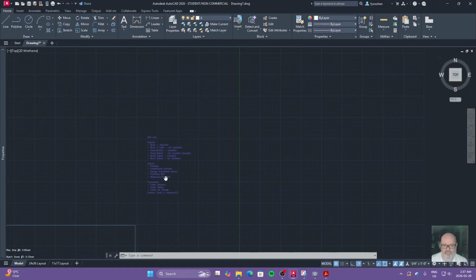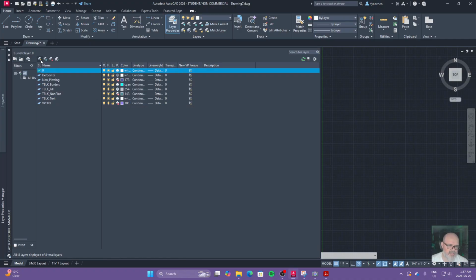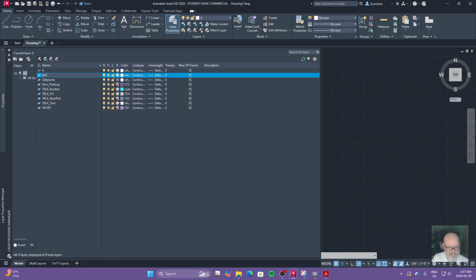The other thing I do when I start my drawing, because I don't have any actual layers preset here, is open up my layer properties window and add some layers. I'll start with my first floor layers. I always do A for architectural drawing, 01 for first floor: A01 walls, A01 windows, A01 doors, A01 fixtures,